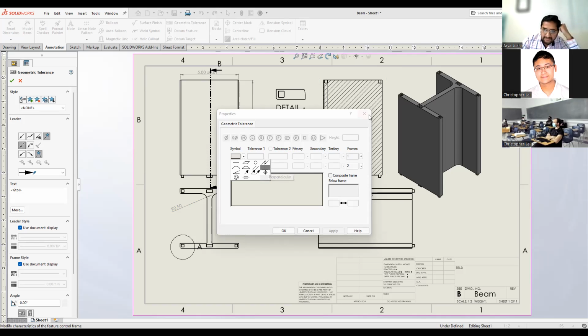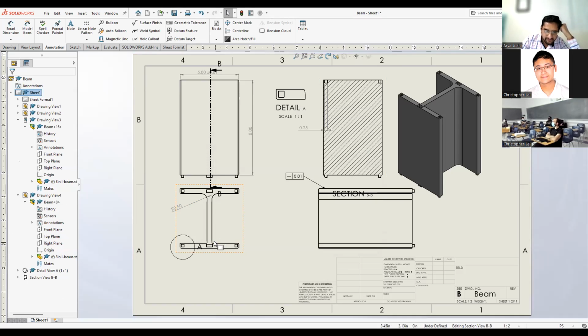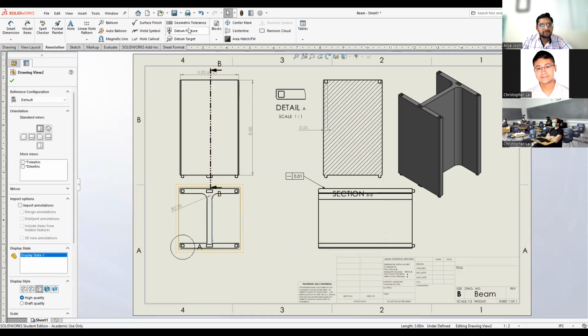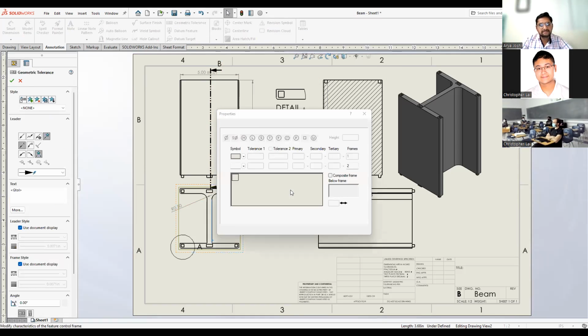So for instance, here we want this to be perpendicular, and we have a certain tolerance called for this. And if it is greater than the tolerance that we allot for, maybe the track won't work or something like that. So what we can do is click on this and go to geometric tolerance